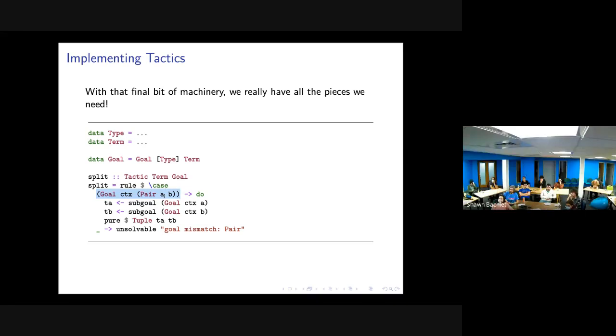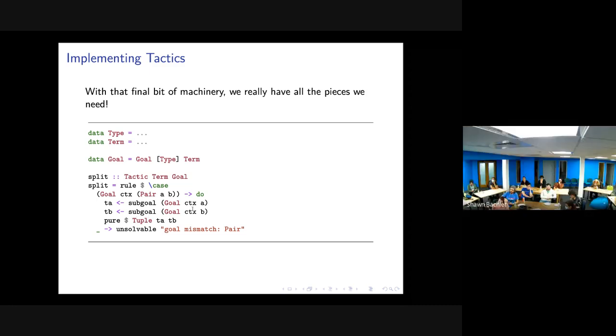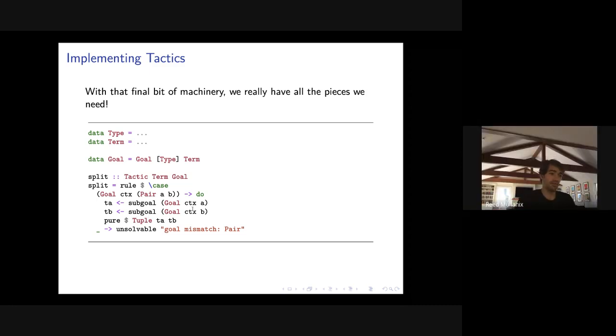If it's a pair, we just call subgoal twice and then build a tuple out of the ends, and don't worry about this unsolvable thing. If it's not a pair, you just throw an error, basically. And that's it. So all the primitive tactics are like these teeny tiny, 8 or 9 line functions,